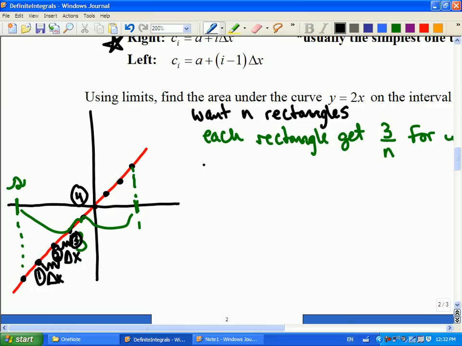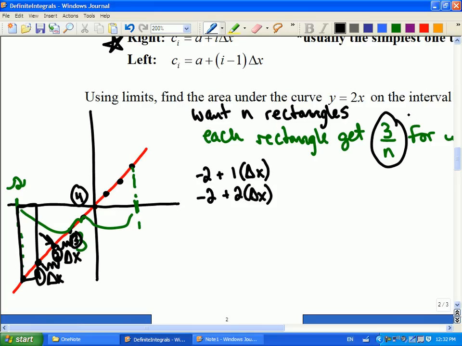So how do I get it? Where I started was at -2. And then if I want the first point, it's 1 times how far over I moved. If I want the second point, which is this one right here, I started at -2 and I had to move 2 of those delta x's. And each delta x is a rectangle. So that delta x is this 3 over n. Okay, so that means I have -2 plus,